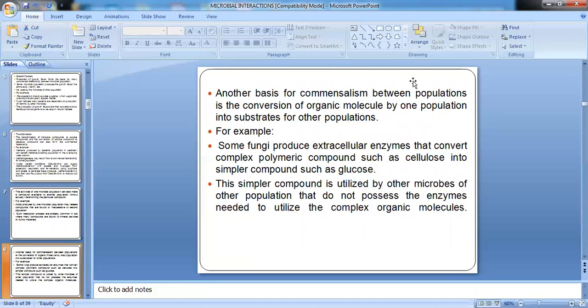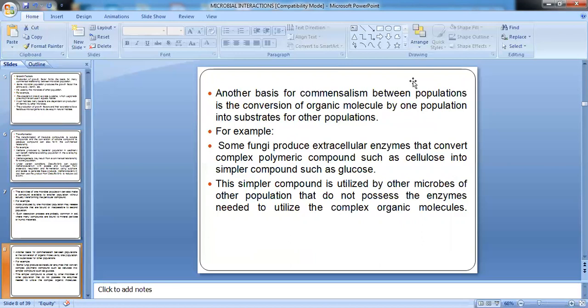Some fungi produce extracellular enzymes which convert complex polymeric substances such as cellulose into simpler compounds such as glucose. These compounds can be utilized by microorganisms of other populations which do not possess enzymes which can break down polymeric substances. So over here, the fungus is the host. It will produce cellulases which will break down cellulose. The breakdown product of cellulose will be glucose. This glucose will be used by another population of microorganisms, which is the commensal, which does not have the enzyme to